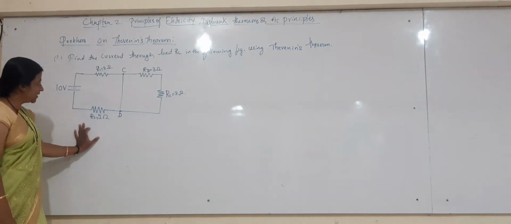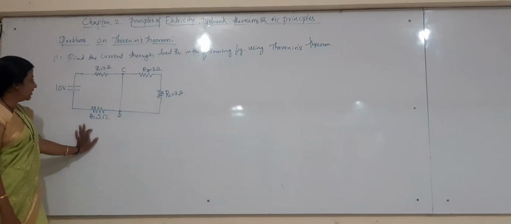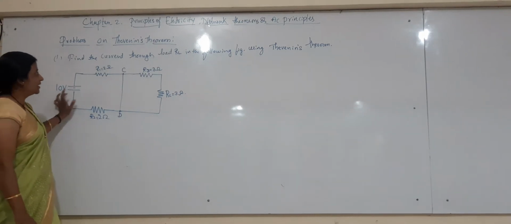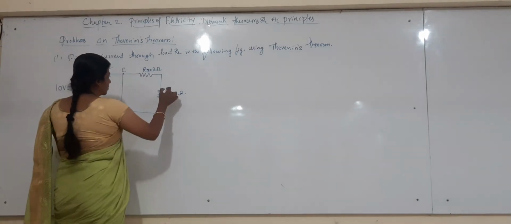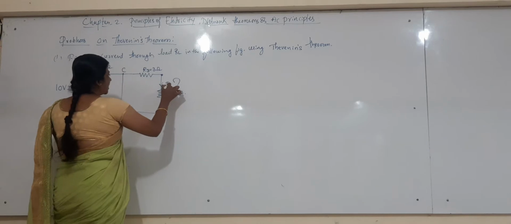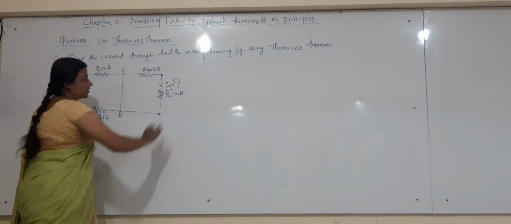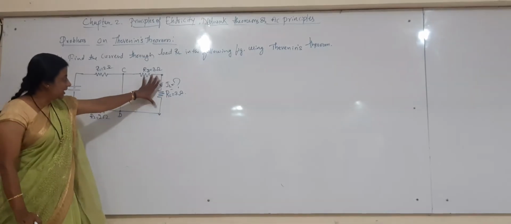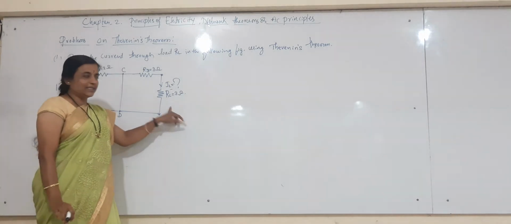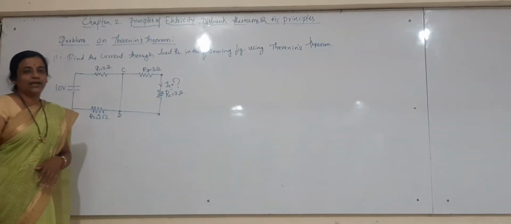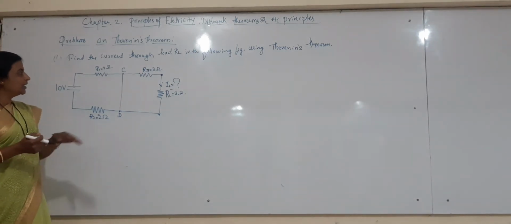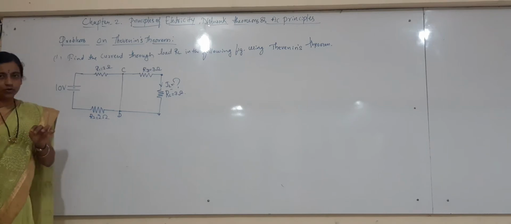A circuit is given here. It consists of totally 4 resistors along with one supply voltage. We have to find the current flowing through RL. This is a branch given here. What current IL flows in this branch? We have to determine the current flowing through the load resistor RL using Thevenin's theorem, and also find the voltage drop. By using Thevenin's theorem, they have asked to find the current through one particular branch.